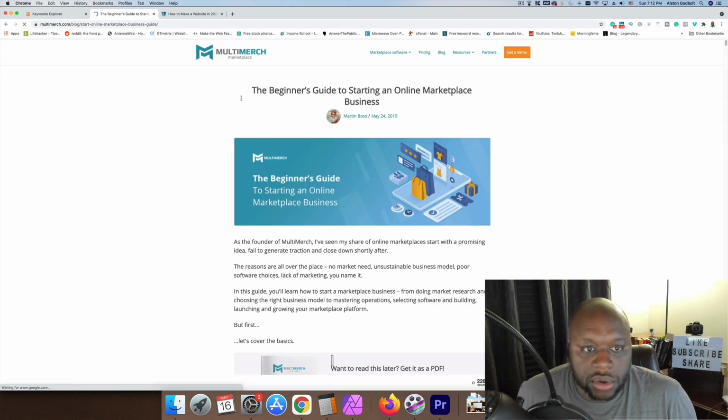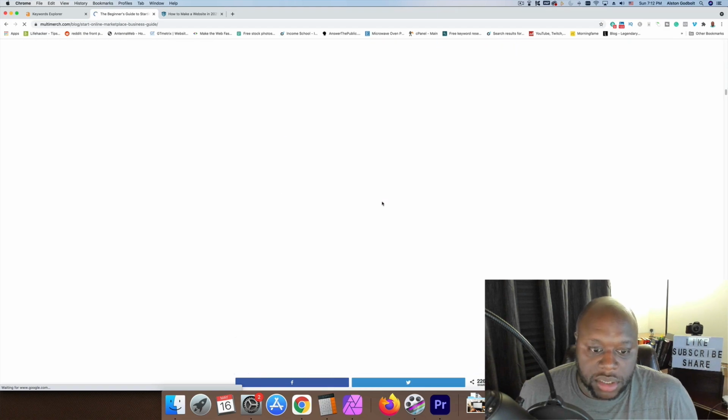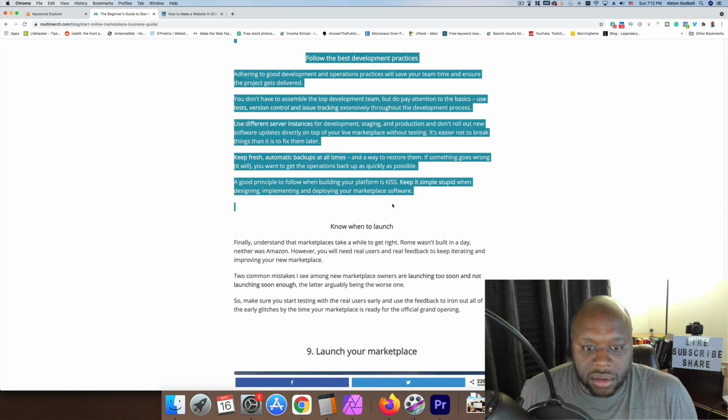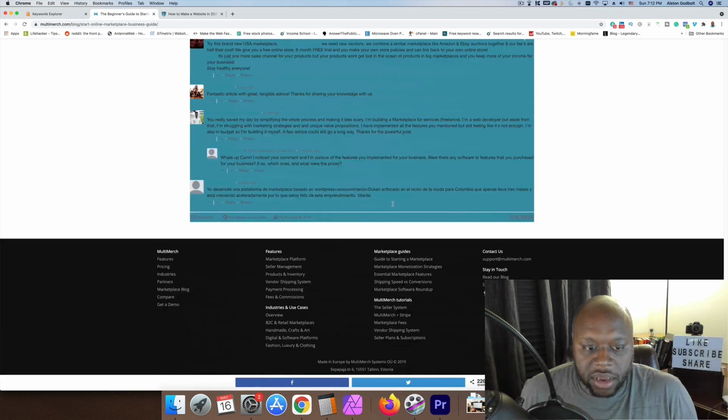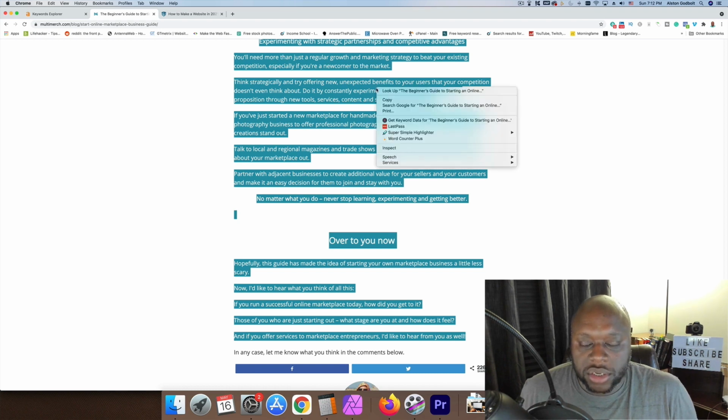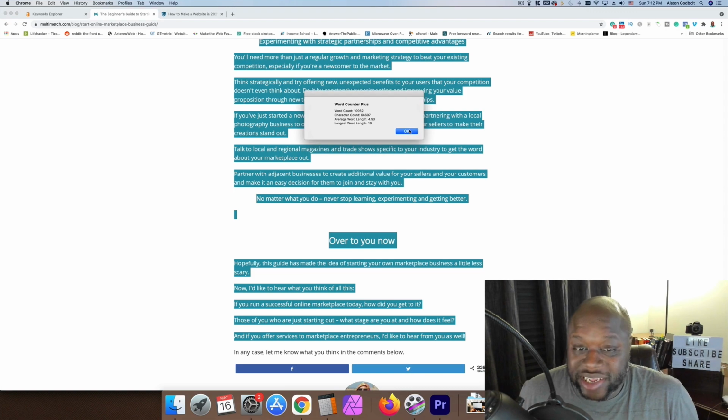If we click this first one, it looks like this one has a ton of words on it. Also, the text is kind of condensed a little bit. But again, this doesn't necessarily tell us that this is written very well. It just tells us that they have put a lot of words in the paper. So this is a 10,000 word